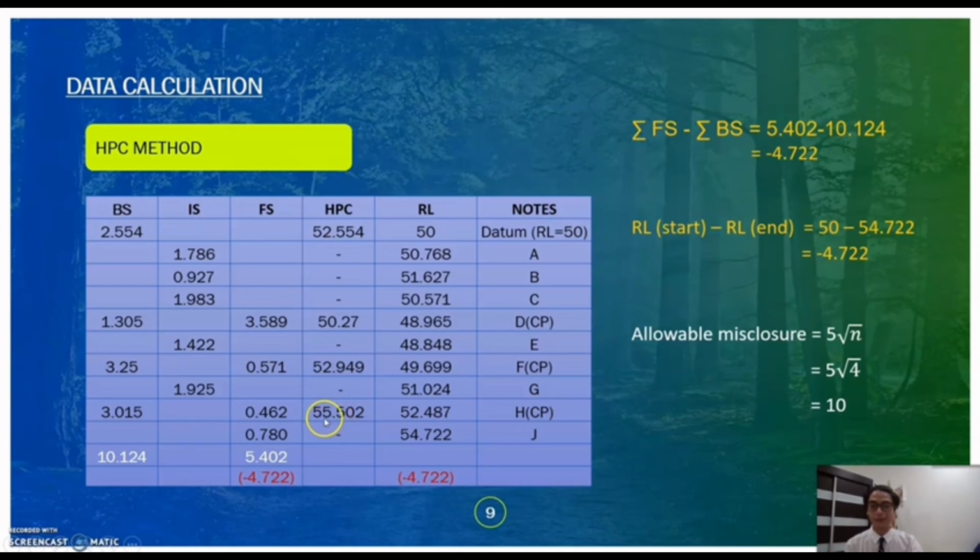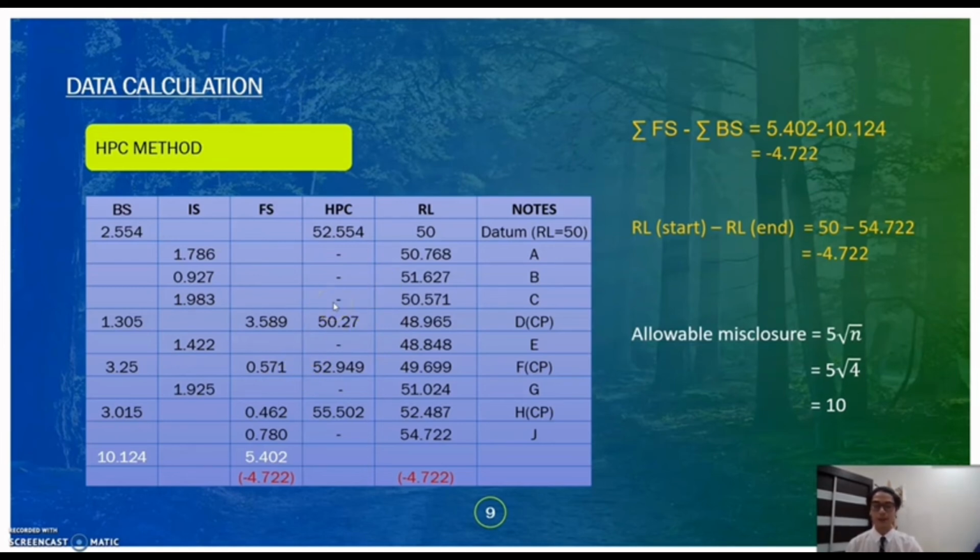And the last step, because this is the last number, so 55.502 minus with 0.780, and the final reduced level is 54.722. Now that we have completed everything that is black colored in this table, so now the next step, what we have to do is we need to do the arithmetic check,